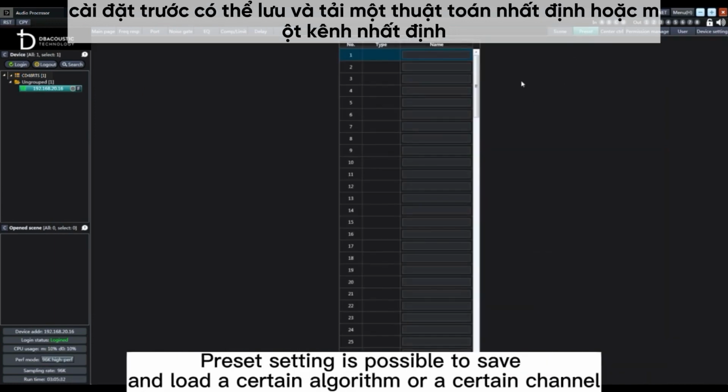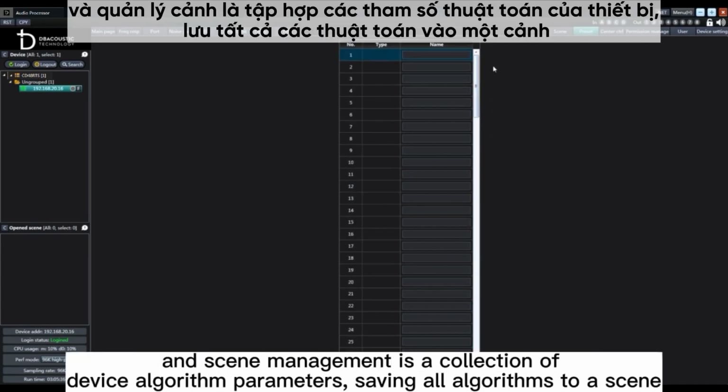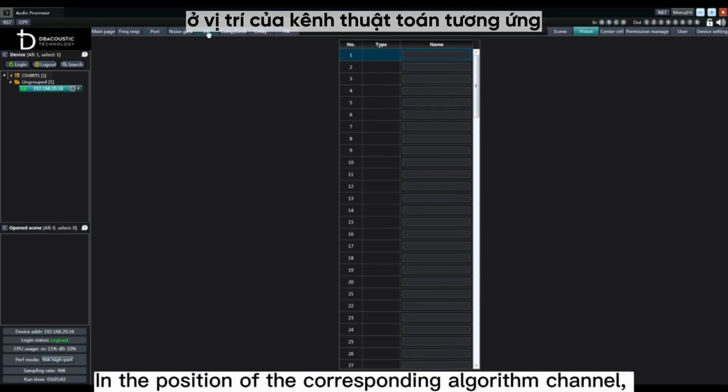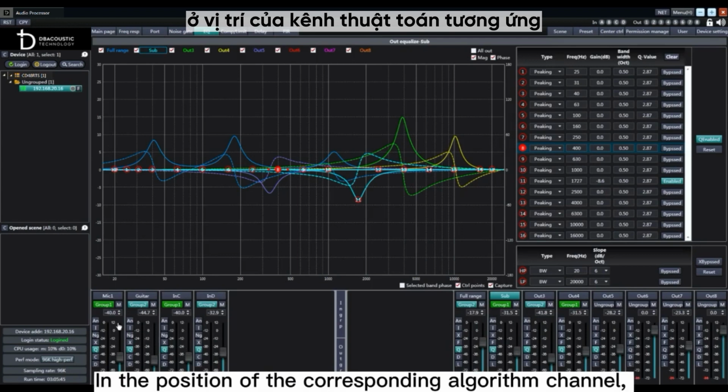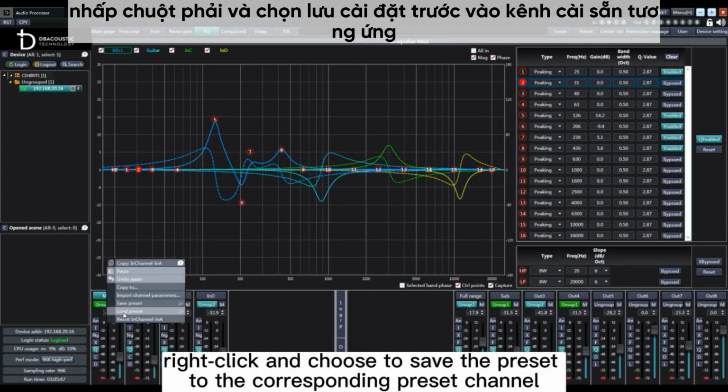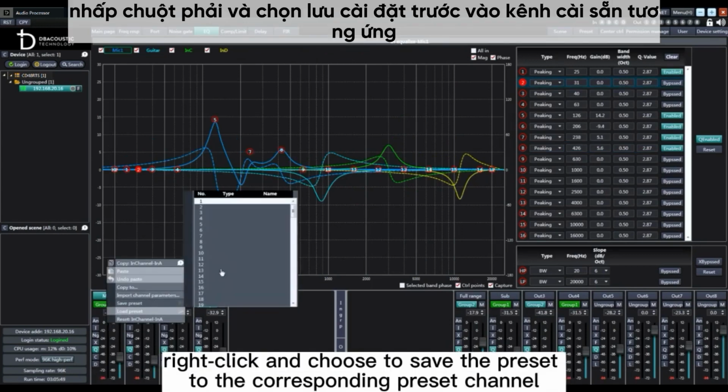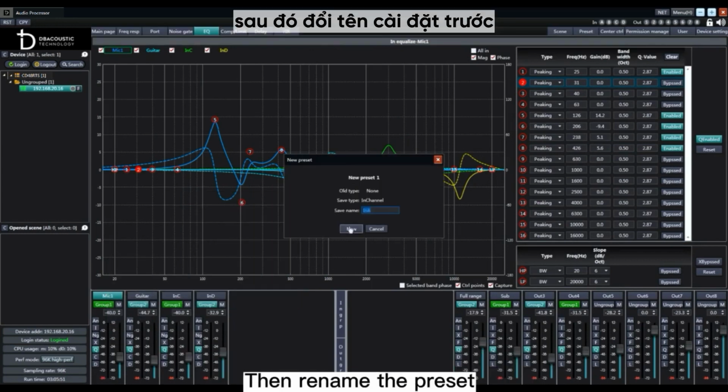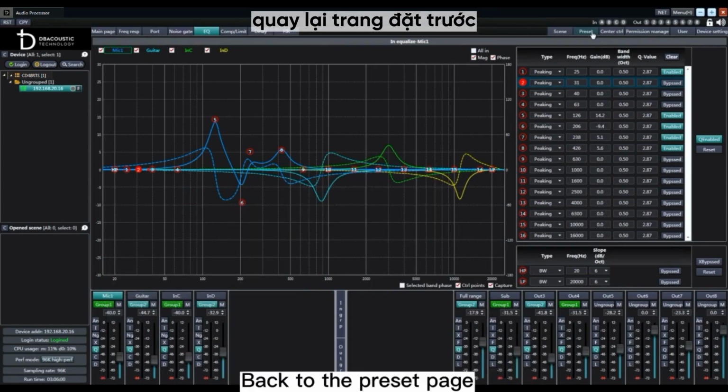Preset setting makes it possible to save and load a certain algorithm or a certain channel. Scene management is a collection of device algorithm parameters, saving all algorithms to a scene in the position of the corresponding algorithm channel. Right-click and choose to save the preset to the corresponding preset channel. Then rename the preset. Back on the preset page,